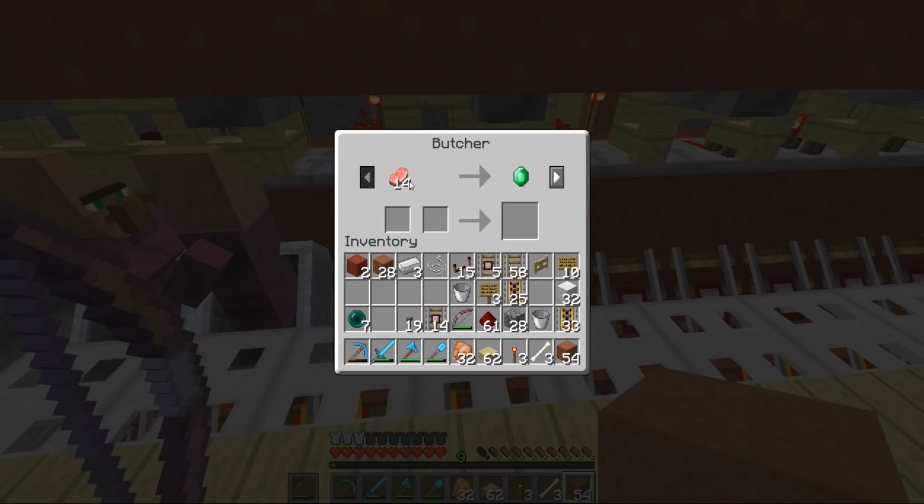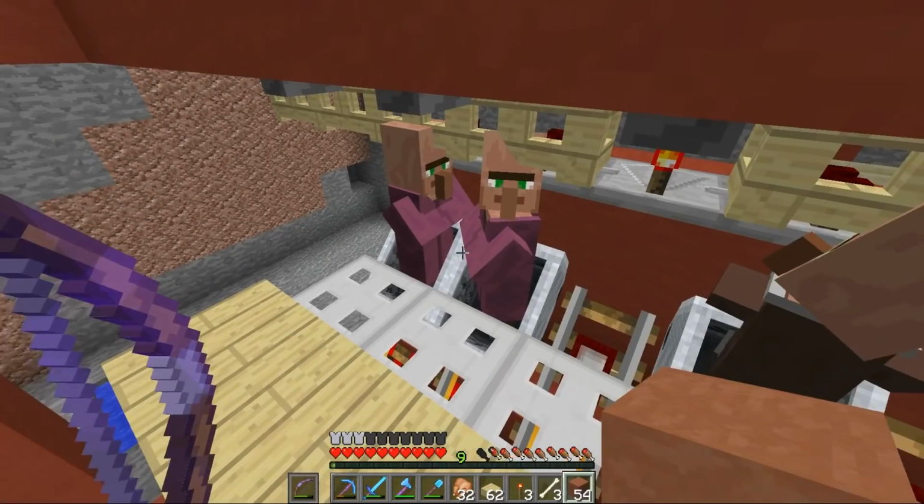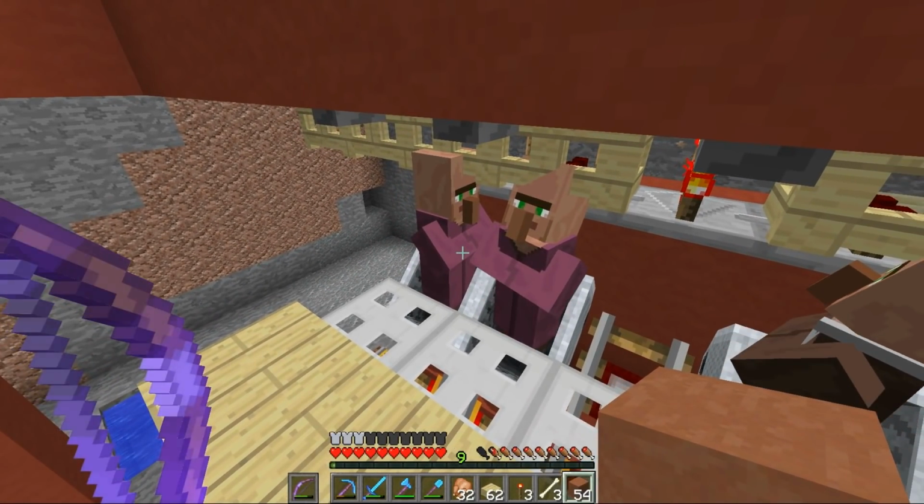So that's no big deal. Let's check this guy's trades. Those aren't bad, you know. Chicken for emeralds, I could definitely do that, and the pork chops as well. Cool. Well, we're getting a few villagers in. Now we need to work out the killing system and how we're going to get the minecarts back into the